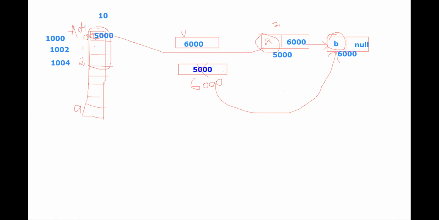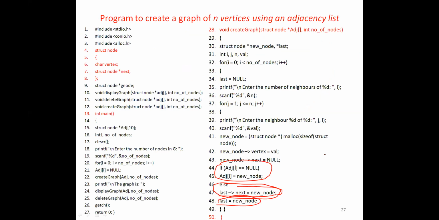So like that we will do. Once I complete it, I'll go for the next vertex 1. Overall, how many adjacent vertices should be there in vertex 1? Then the value is incremented, i plus plus. Now it becomes 1. I equal to 1, now I am telling for the first vertex. Yes, 1 is lesser than the limit. Then I'll enter the number of neighbors of 1.